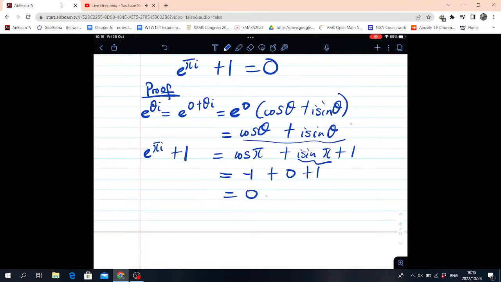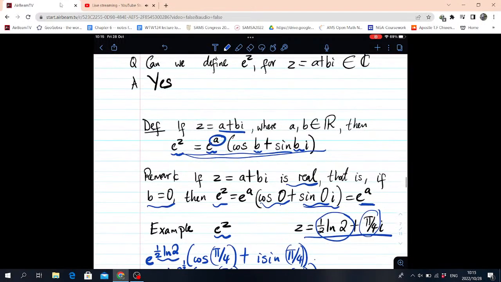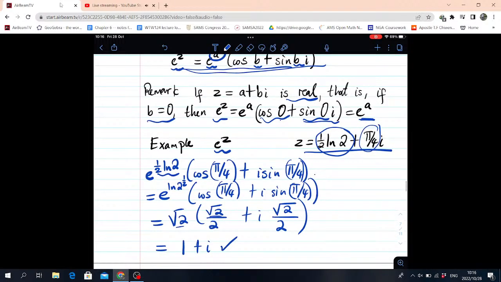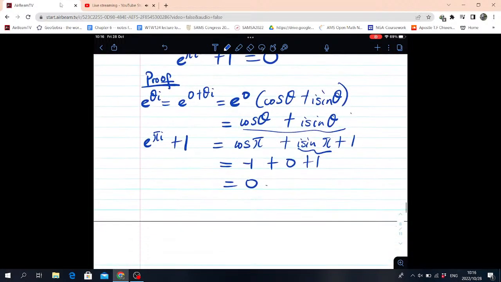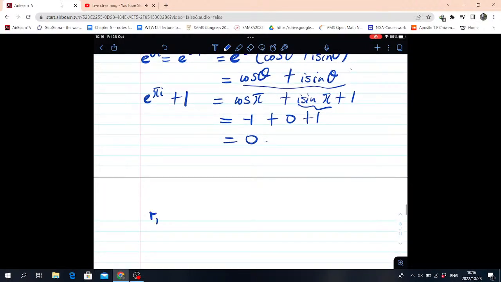So the identity is indeed true by that simple calculation. One thing I didn't mention, which I think is important, is that when we introduce the complex exponential, we end up being able to write a complex number in terms of this new polar form. So it's still a polar form. If you know your r and your theta,